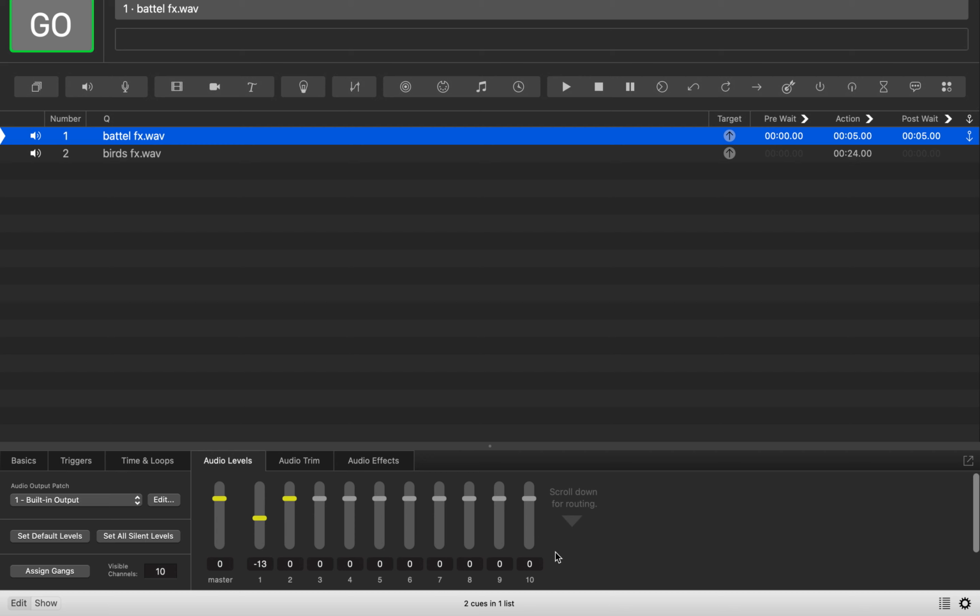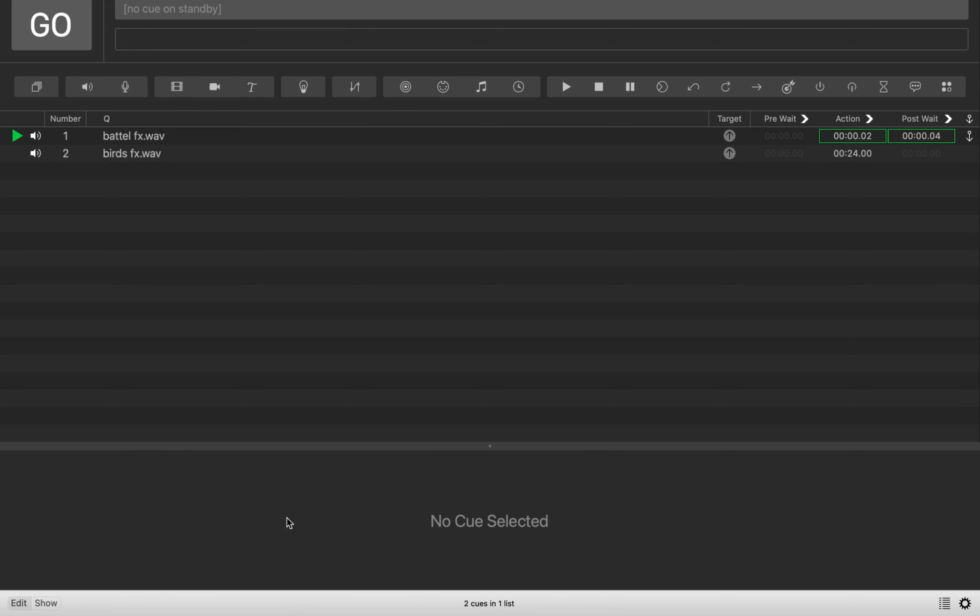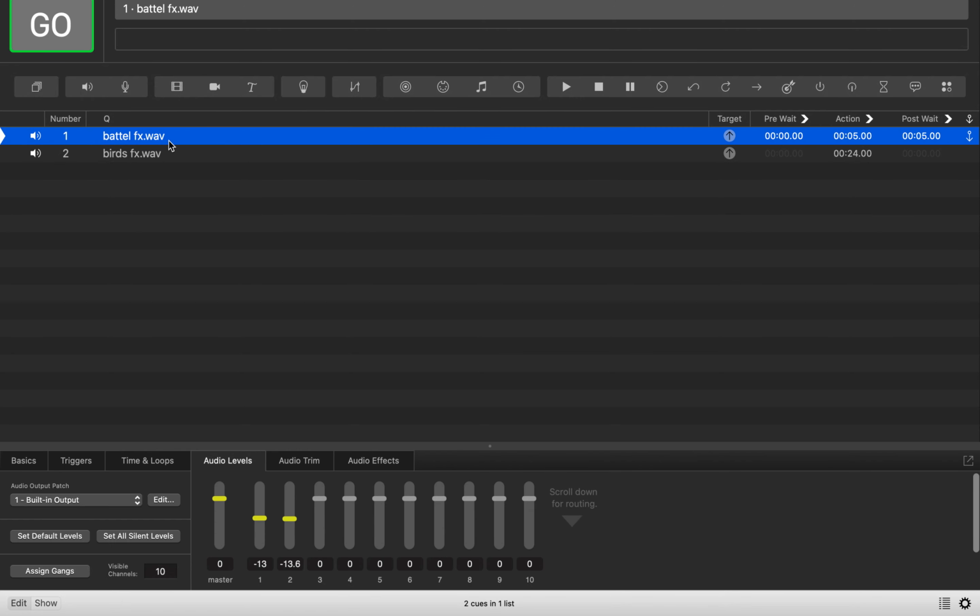Now we can see we've got 10 here, but this is for routing audio to other outputs, if you've got a multi-track audio player, but we don't need to go into that, that's overcomplicating things right now. If I bring these down, it should reduce the volume of the battle sound. Yep. And we can hear just in that transition that that's already got a lot quieter when it goes straight into